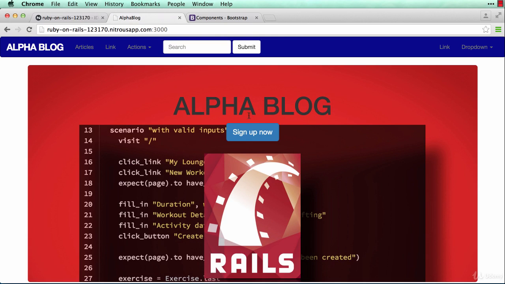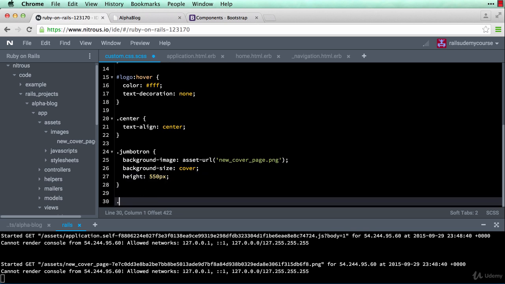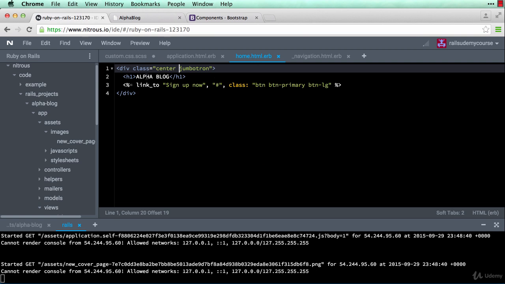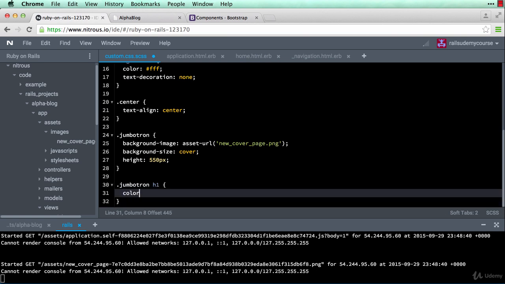Now look at this name I have over here, Alpha Blog. I want to change the styling of it. I want to make it look better. How do I do that? Over here, I can simply say .jumbotron h1. So I'm calling the h1 tag, which if you look at home, Alpha Blog is in the h1 tag. So for Jumbotron's h1, I'm going to say color: #fff;